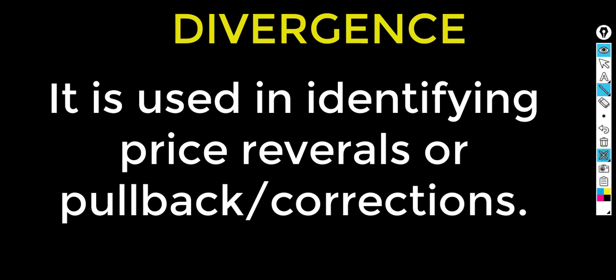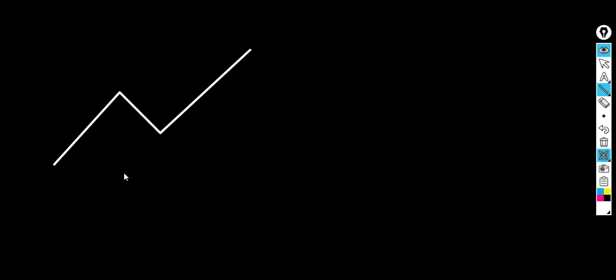What we mean by that is, there are many oscillators that we can use to check divergences. It can be the MACD, it can be stochastics, it can be RSI. Any of these oscillators can be used to check, but my favorite is the MACD. Divergence means the relationship between price action and the oscillator. Let's say price is moving upwards. We have an uptrend for price like this. And if the oscillator